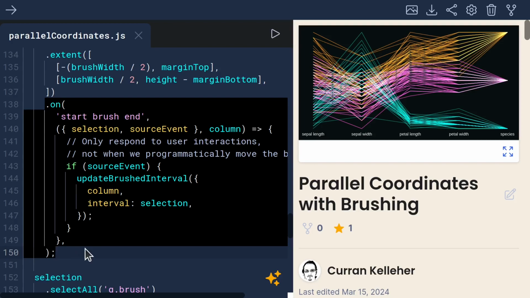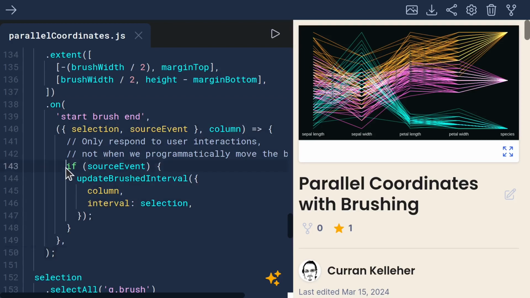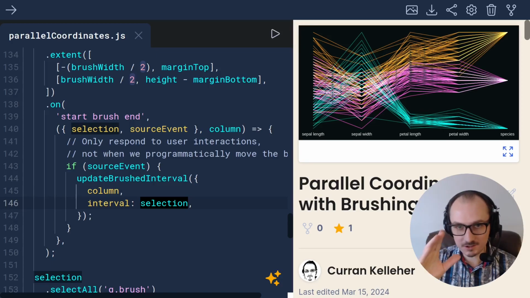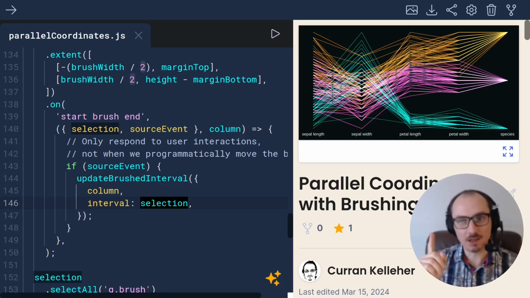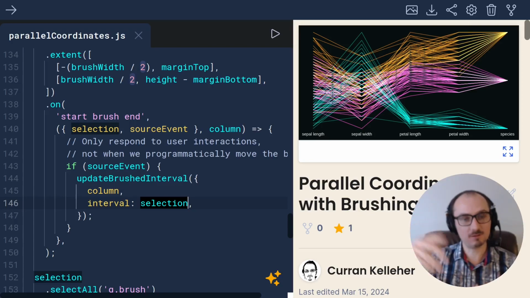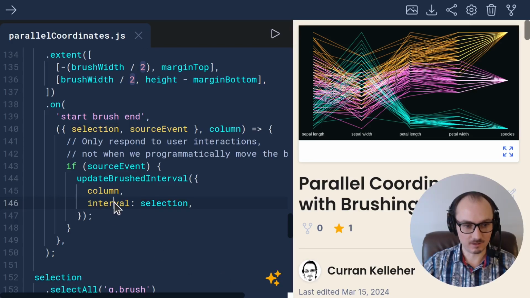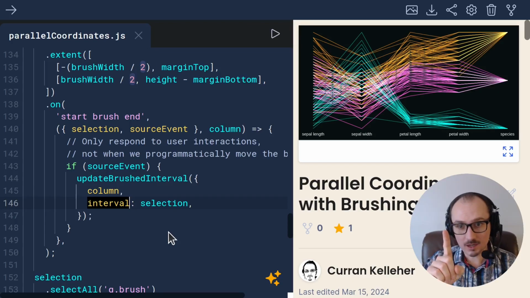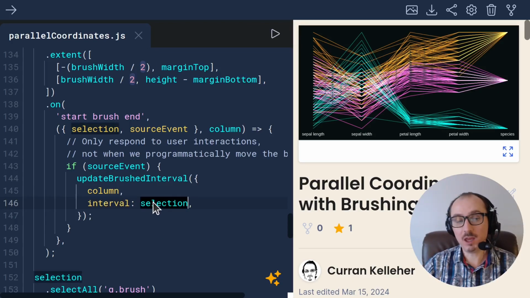One change I made is that when we get the brush event, when we update the brushed interval, we no longer use scale.invert. This changes the shape of our state in that before this change, it was inverting the pixel coordinates through the scale to get the data domain coordinates for all of the linear scales and storing that as brushedInterval.interval on the state. But now that we've made this change, it stores the pixel coordinates of the brush on the state as the